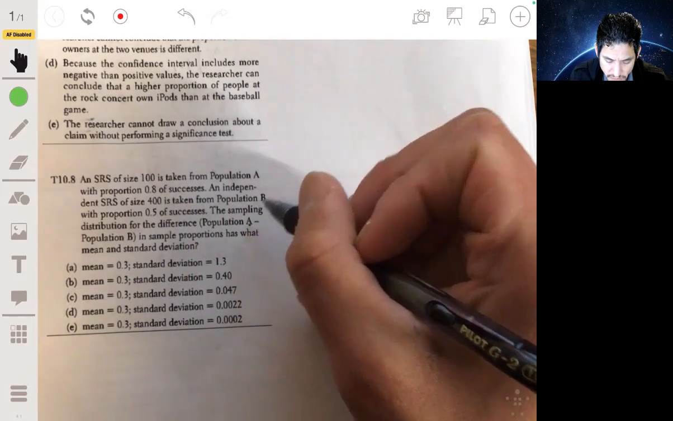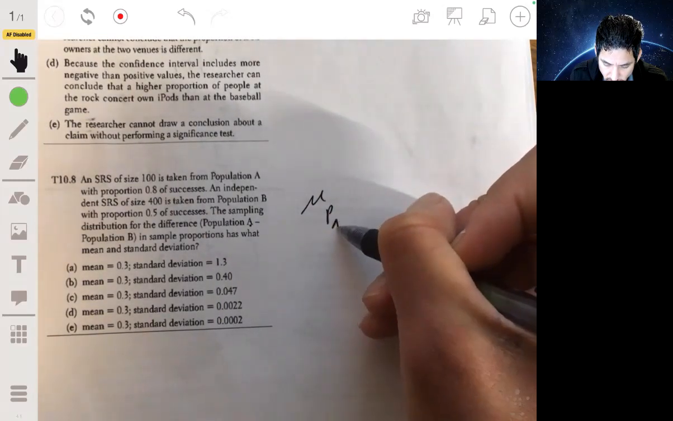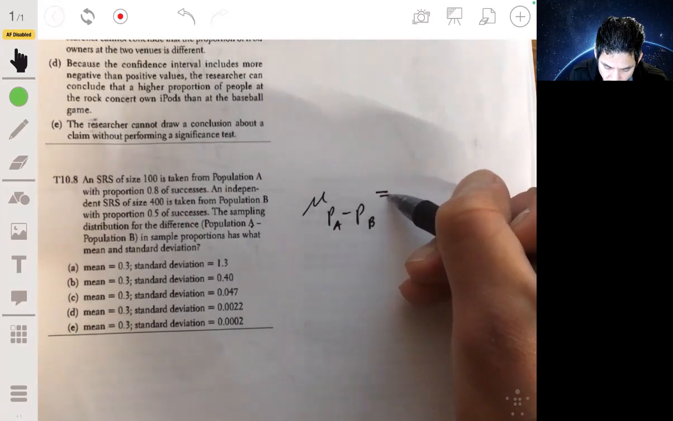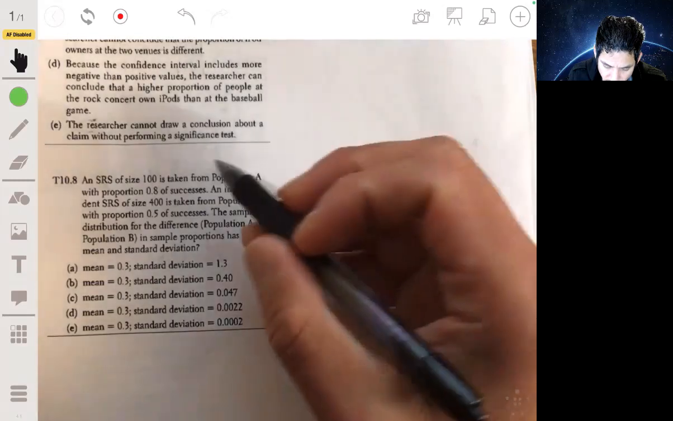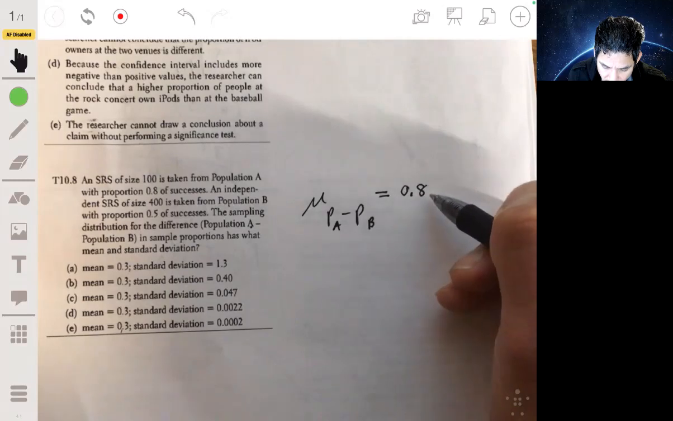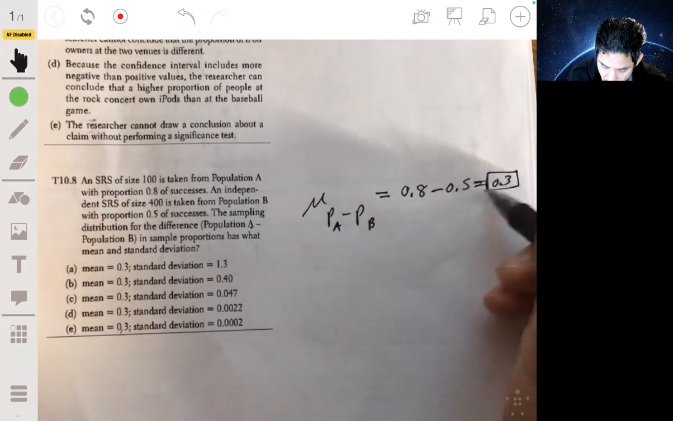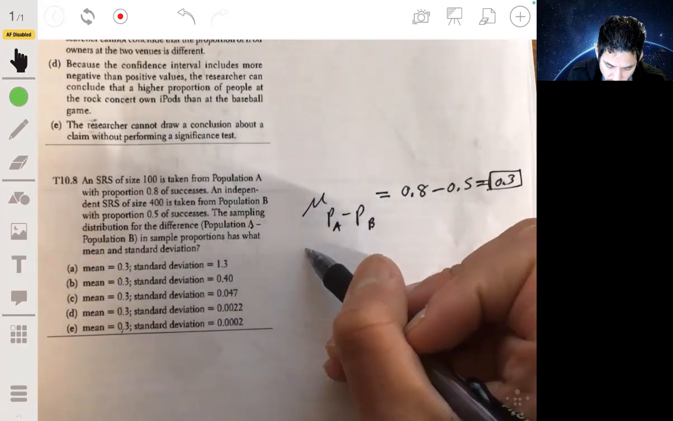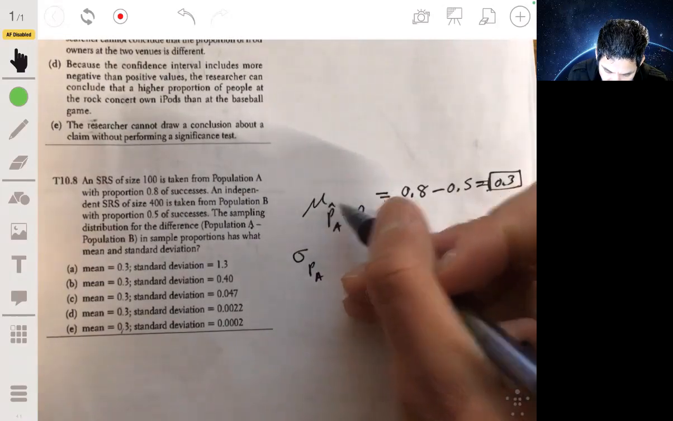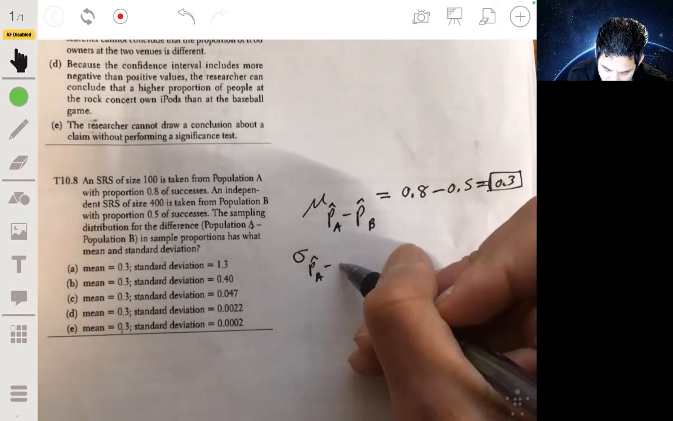Okay, so the mean of the proportion differences is the mean of P A minus P B, which is B. Well, they're all the same, so I guess you're not having an issue with that. 0.8 minus 0.5, which is 0.3. Now the standard deviation of the difference in sample proportions,